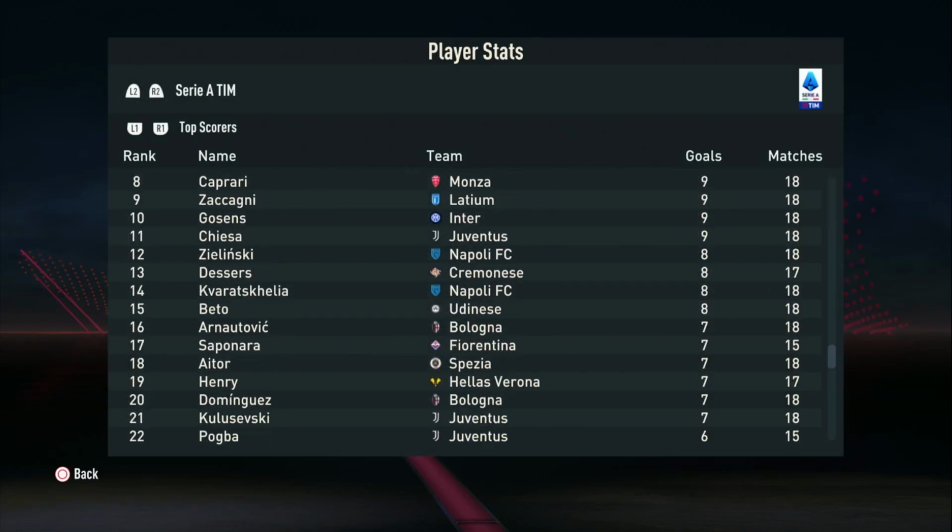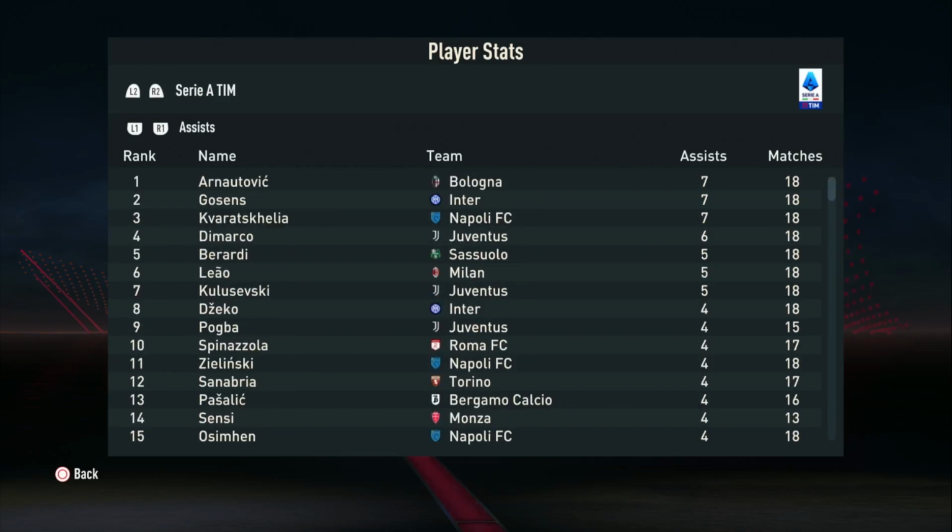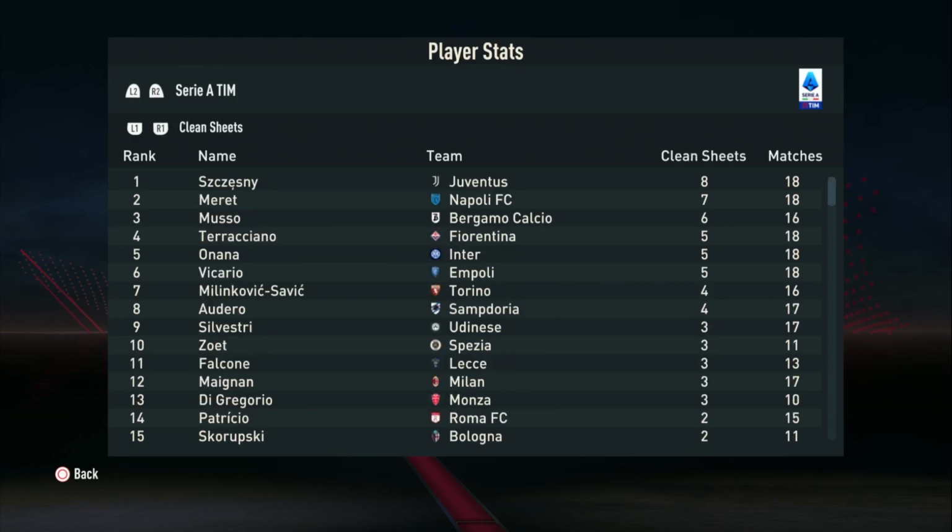Have we got anyone else in here? We've got Kulusevski with 7, Pogba with 6. Top assisters, Pogba with 4, Kulusevski with 5, DeMarco with 6. Szczesny's got the most clean sheets in Serie A with 8, so it was a good idea that we didn't replace him. Our replacement that we wanted to get, Moretti, is on 7. It's been good to take him from Napoli, but...